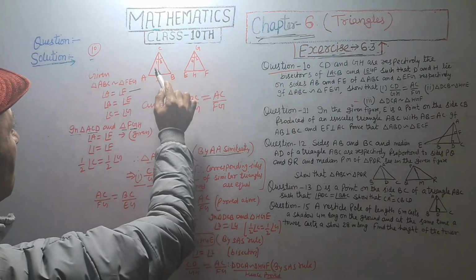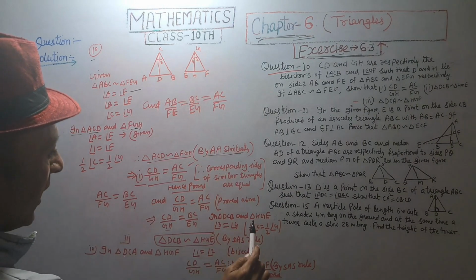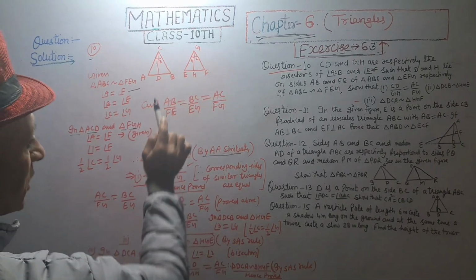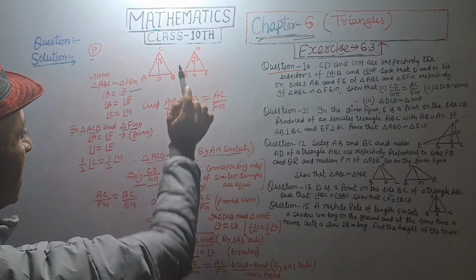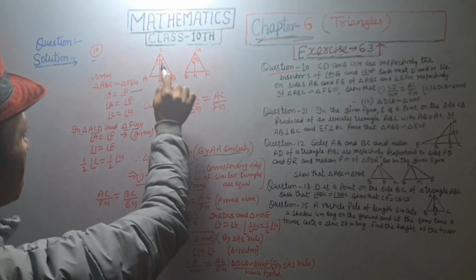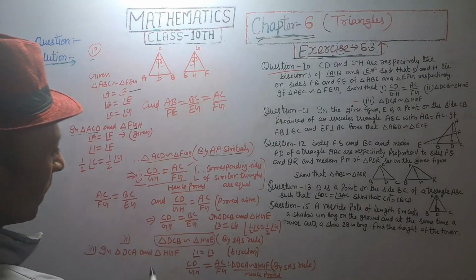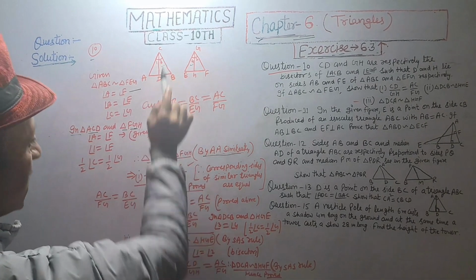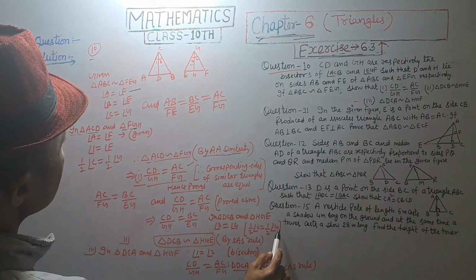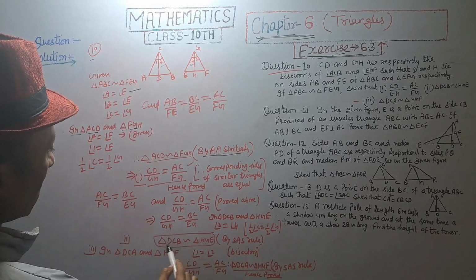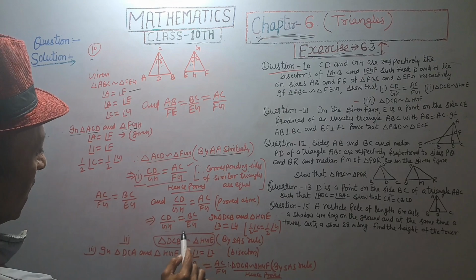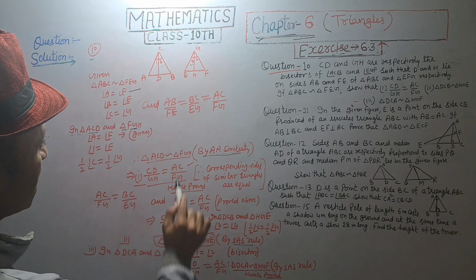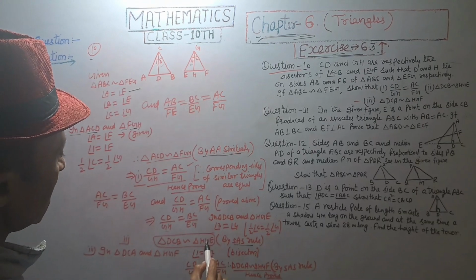In triangle DCB and triangle HGE, angle 3 is equal to angle 4, half of angle C is equal to half of angle G, and sides are equal. So by SAS rule, we get triangle DCB is similar to triangle HGE,